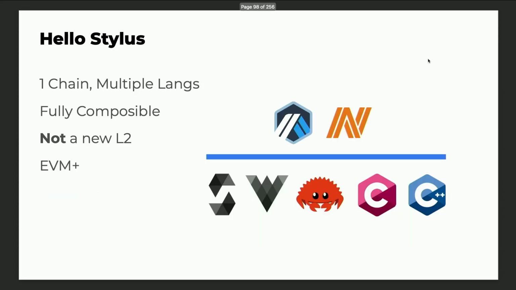We want to be able to program in that way. The vision is one chain supporting multiple languages, fully composable, meaning that if a user is interacting with a smart contract, they can't even tell which kind it is, except through things like performance and cost, and that contracts can call back and forth and interoperate fully within the same transaction.